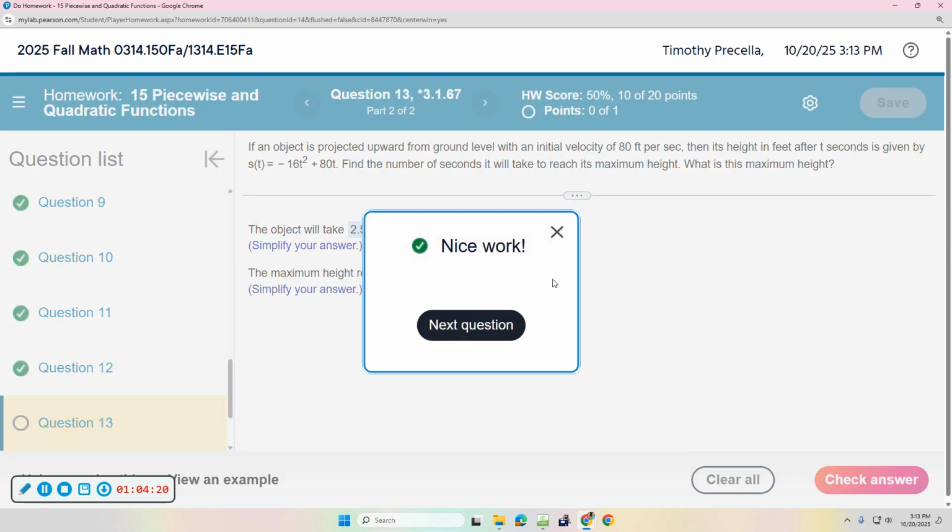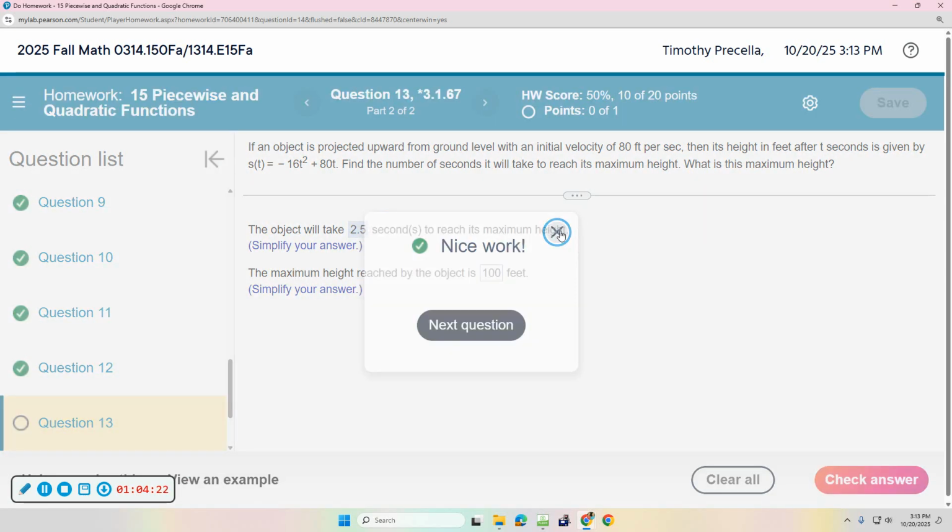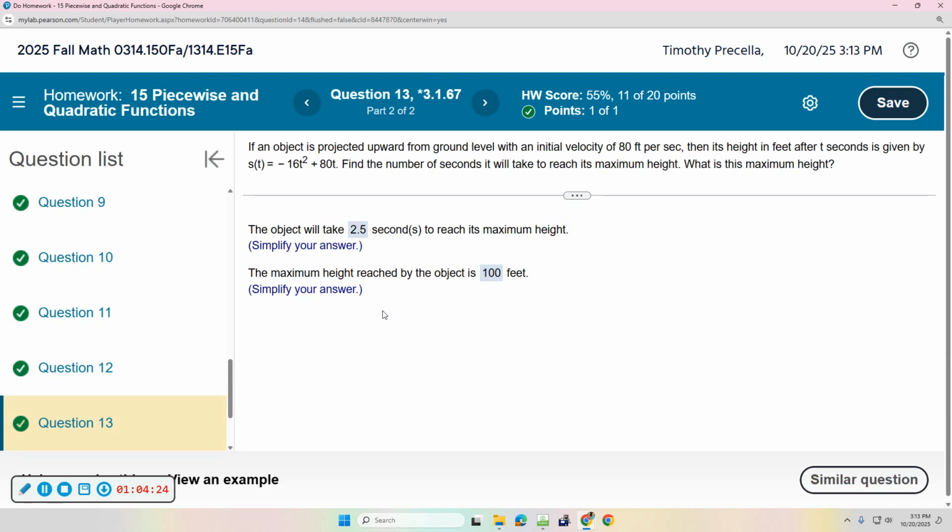So the rocket, or whatever it is that's being projected up, goes up for 2.5 seconds, reaches a height of 100 feet, and then it goes down. And after 2.5 seconds, it hits the ground. Any questions on this? The second topic in this class is piecewise functions, and we don't have a piecewise graphing